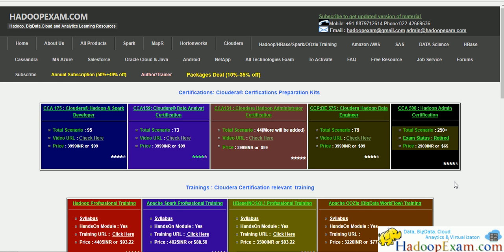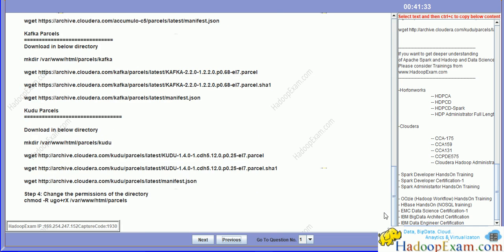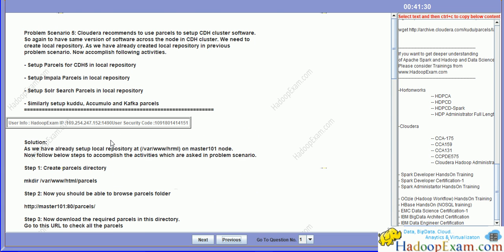In this session, now we'll cover problem scenario number 6 from the CCA131 exam simulator. I'll not be covering a video for problem scenario number 5 because this is a very easy task, so you can follow the steps and accomplish it. This is just creating the local repository using the Cloudera parcels. Instead of the Cloudera yum repository, they prefer to use the parcels. Cloudera suggests and recommends parcels. So we will also set up using the parcels, so you can follow the steps given on the simulator